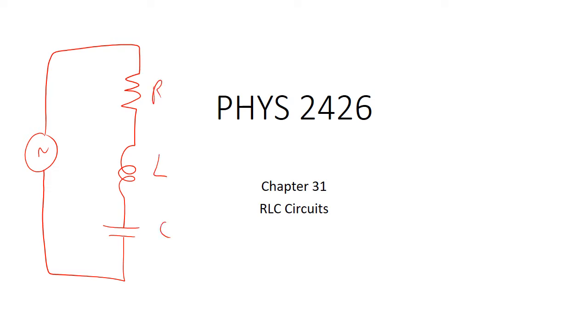Okay, and so we have a voltage source. We're going to say the voltage is V0 sine omega t. Okay, so now what does this circuit do? And so to figure out what this circuit does, we have to remember how voltage and resistance all play